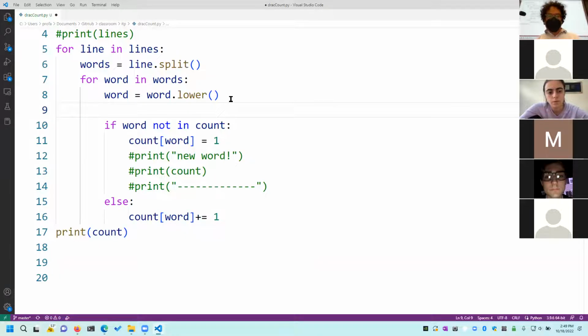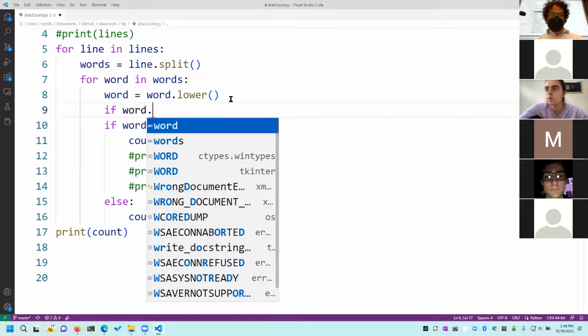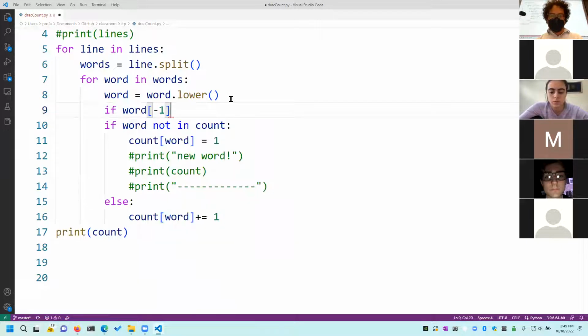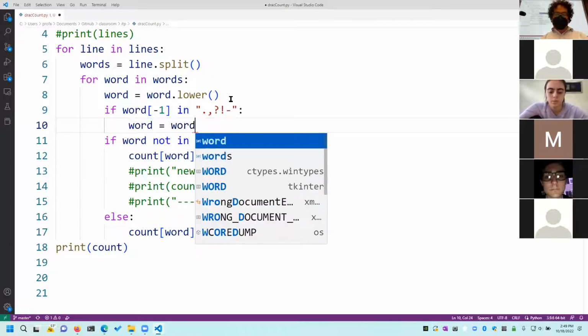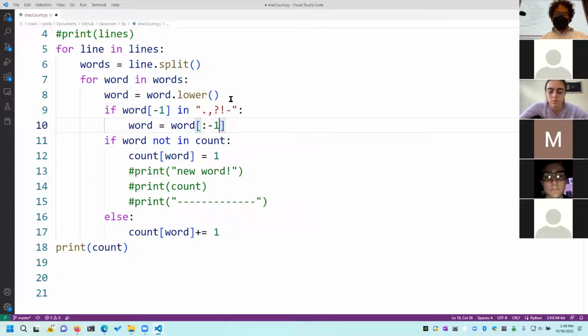So we can ask ourselves, if the last thing in the word is one of these things, so if it's in, let's go with period, comma, question mark, exclamation point, dash, anything else anybody can think of? Keep it there. Then in that case, we'll say word is equal to word, everything but the last character, going up to, but not including, the last character. And now when we run it,